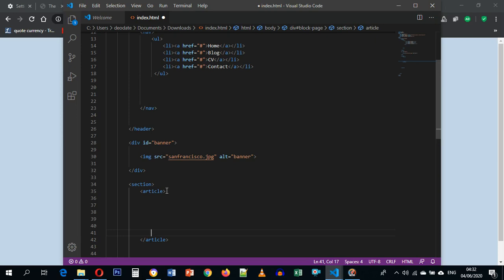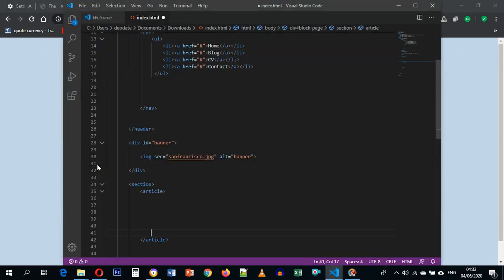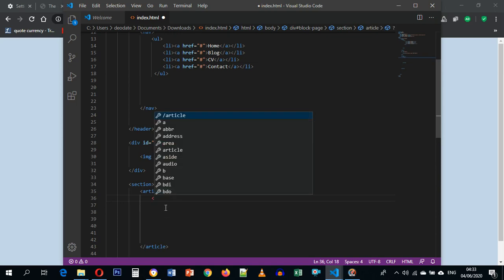So inside article, I have 3 paragraphs, 1, 2, 3. I start with the header that says I am a teacher at FLA. You guys would write something like I am a student at FLA. So we start with the H1 type that says I am a